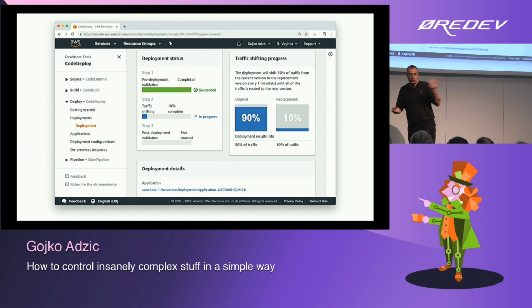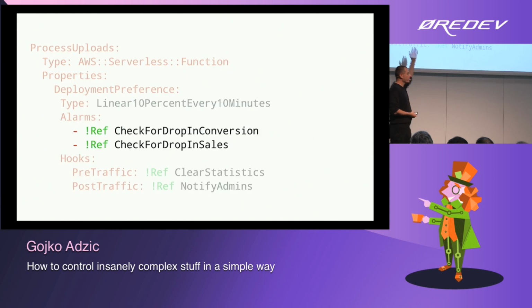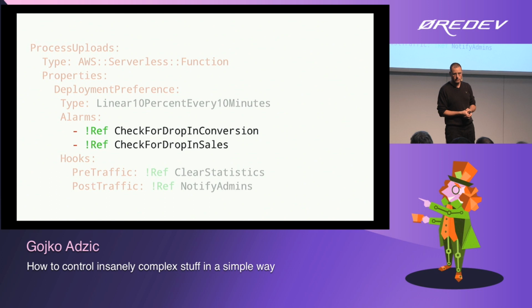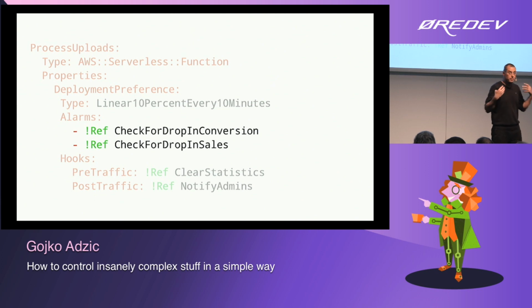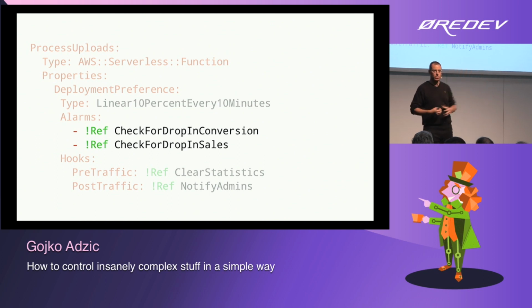And this can go really crazy. I mean, for example, in theory, I'm not doing this, but we could implement something that checks whether there was a drop in sales or a drop in conversion rates or something. So we don't need to understand what's causing a problem or why the user preferences have changed, but it can tell us, okay, you have a business bug in the system. It might not be a technical bug, but something you've done is causing a new release to convert fewer people. Like, roll it back. And then we'll figure it out.